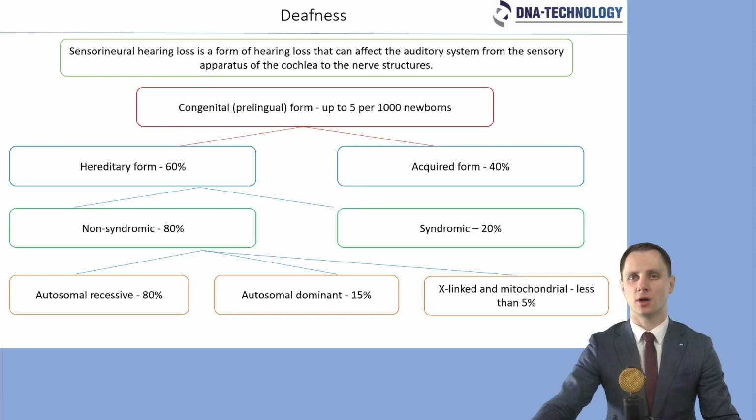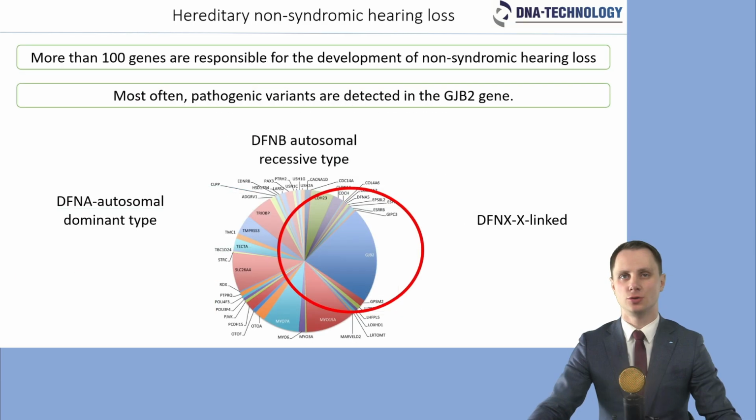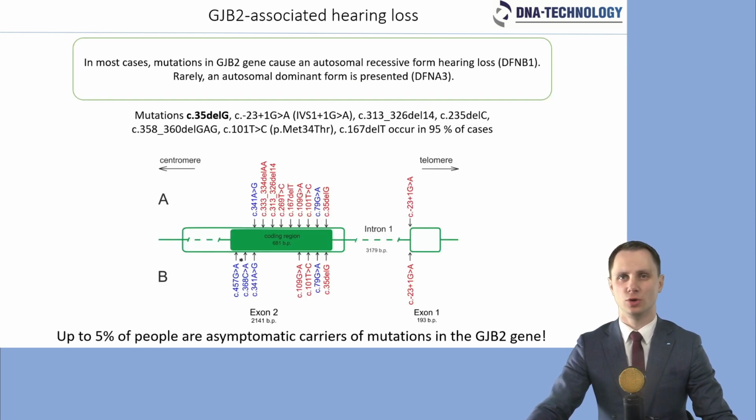Genetic, non-syndromic autosomal recessive hearing loss is the most common subtype of the disease. To date, it is believed that changes in more than 100 genes are associated with the development of sensorineural hearing loss. However, the most common mutations are in the GJB2 gene. In most cases, mutations in the GJB2 gene cause an autosomal recessive form of the disorder, DFNB1. However, autosomal dominant forms of hearing loss, DFNA3, can rarely occur when at least one mutation is sufficient to develop